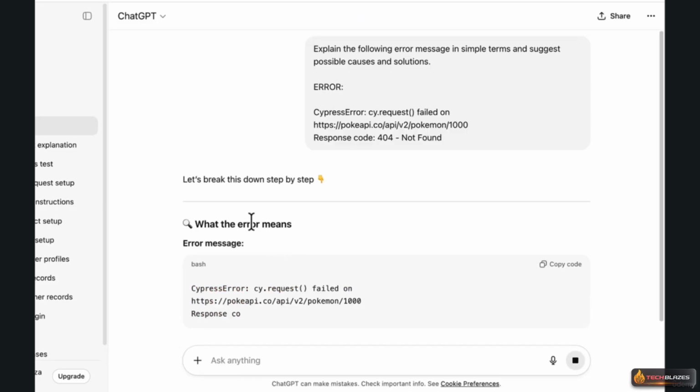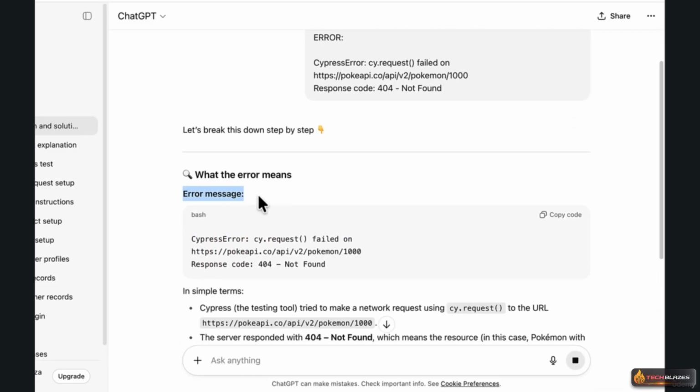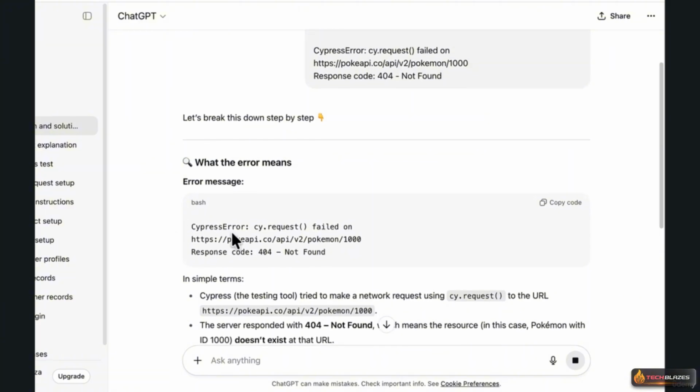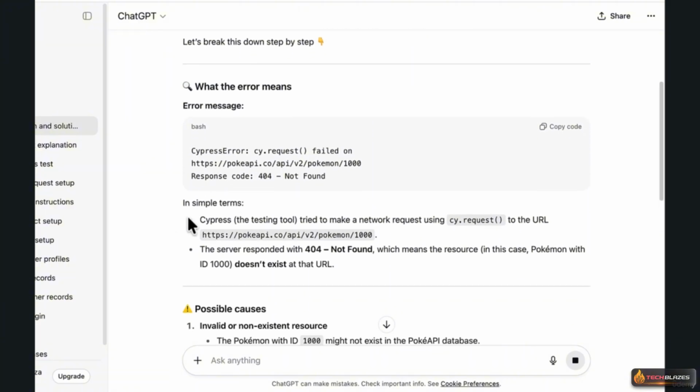As you can see, ChatGPT immediately explained this error in a very clear way. It pointed out that 404 not found simply means the resource